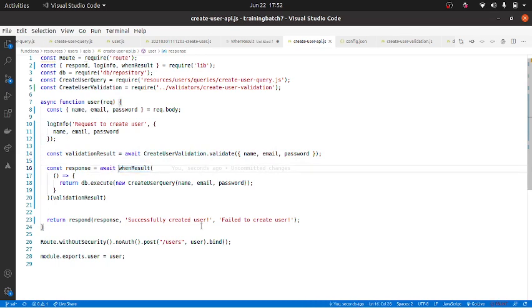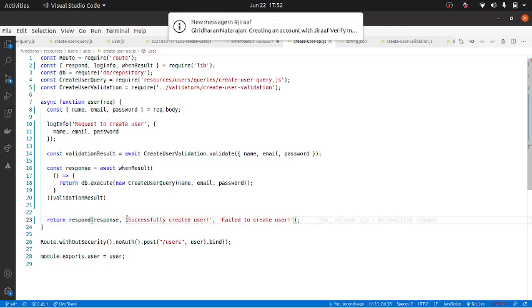Result error. It will return a result object only, but it represents the validation error, correct? In both cases, the response is nothing but a result object, and to the respond method, I will anyway pass the result object. So if it is successful, it will use this message, and if it is a failure, it will use this message.